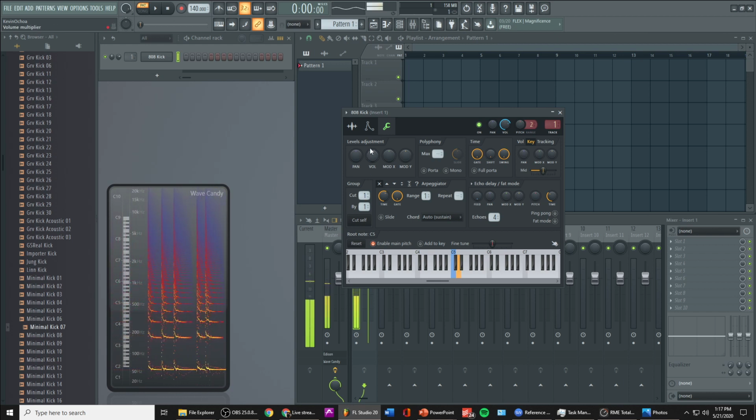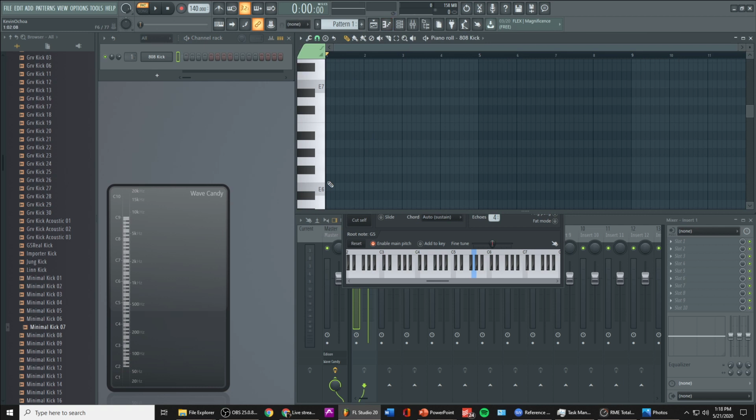So every time I trigger this, it overwrites the last note that I selected. The next thing I'm going to do is back at the wrench tool, I'm going to tell the program that the kick was in G. So I can go to G right here, and I can make sure that the kick is in G by hovering over to Wave Candy. Oh wow, oops. And seeing that it's in G. Cool. So now when I go to my piano roll,